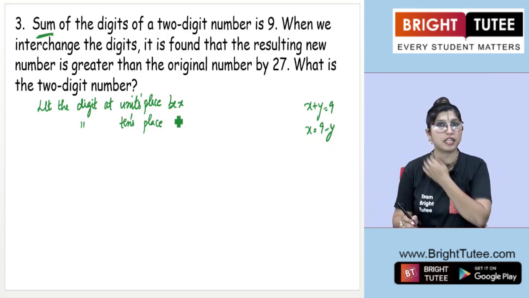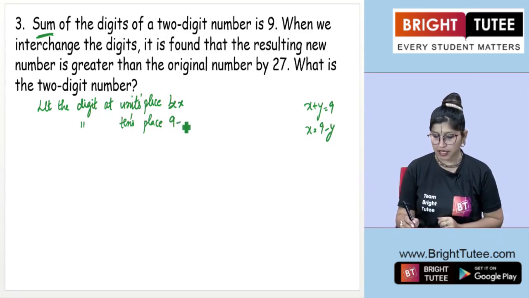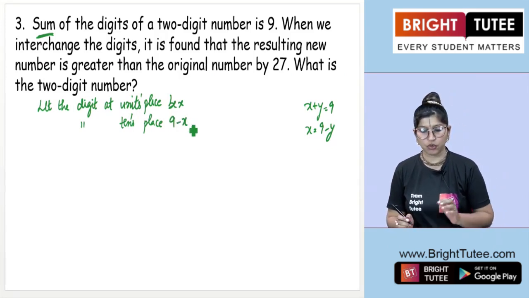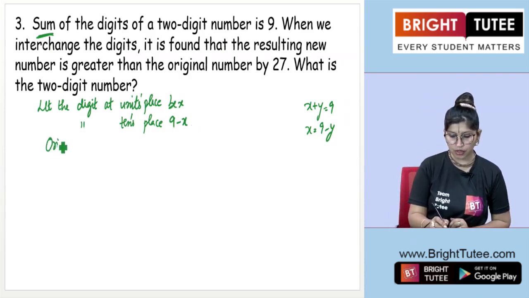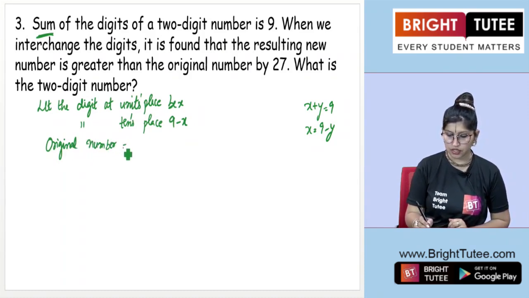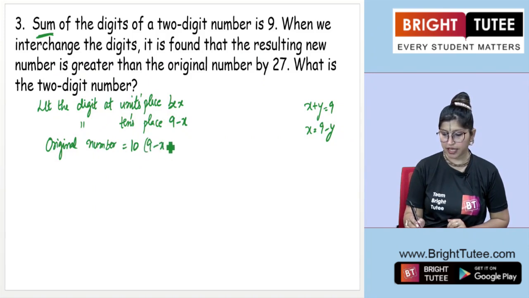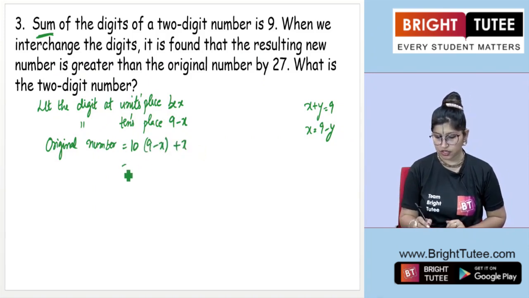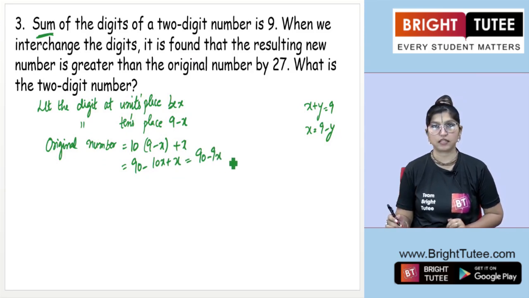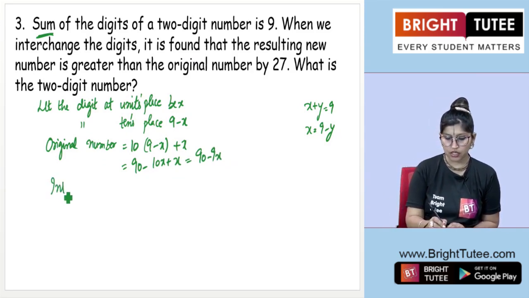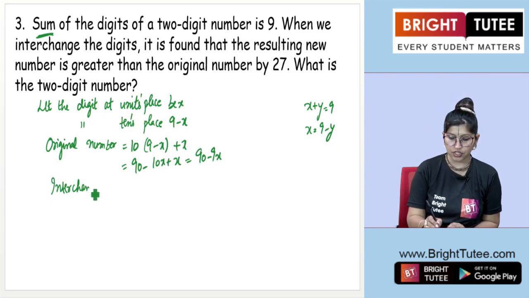So if its units place be x, then tens place will be 9 minus x, because they have told us that the sum of the digits of a 2-digit number is 9. So original number is 10 times (9 minus x) plus x, which is 90 minus 10x plus x, which is 90 minus 9x. Now if we interchange the digits, then interchanged number will be